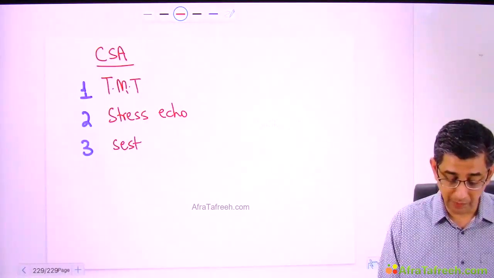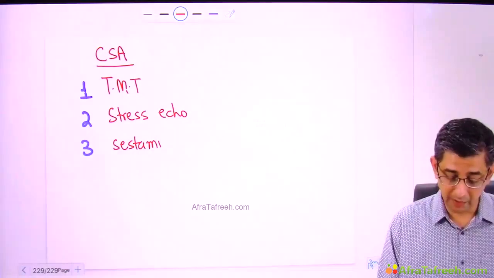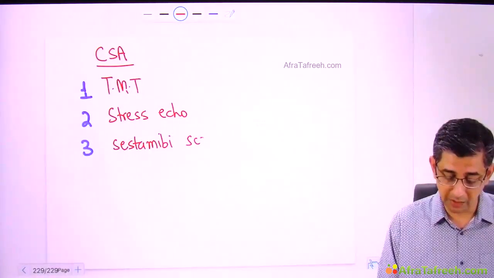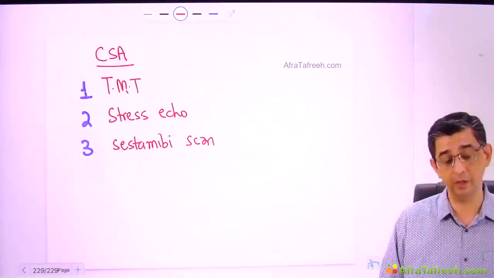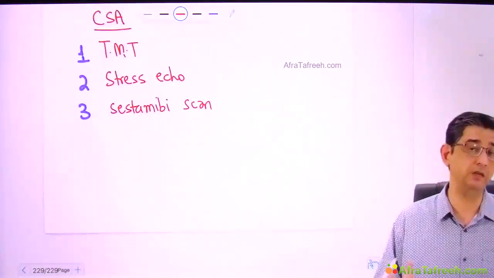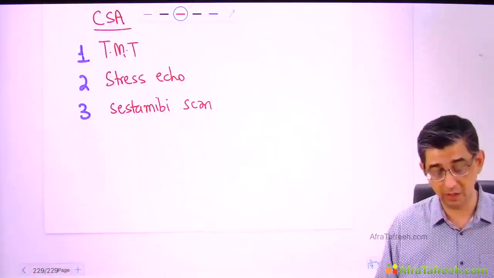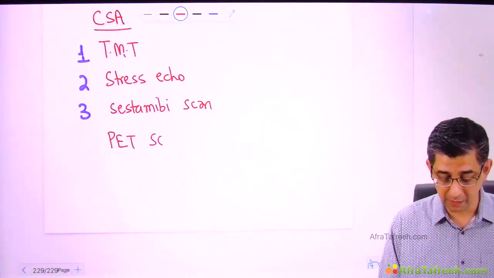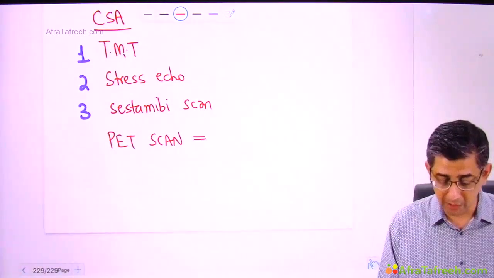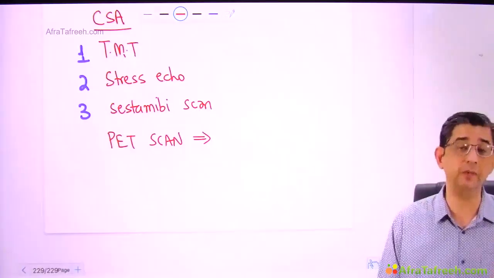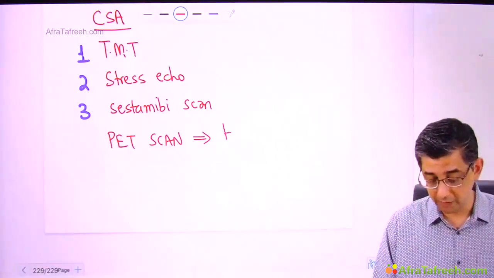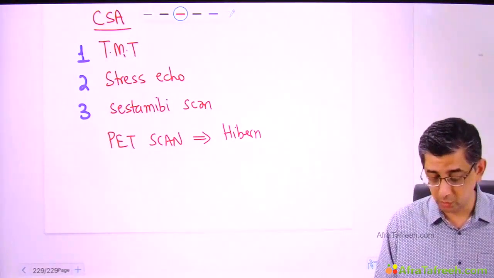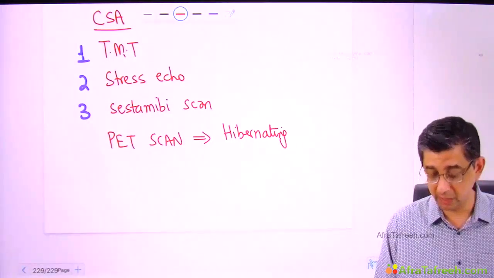Suppose he makes you compare between treadmill test versus stress echo versus a system AB scan, then as I've highlighted or explained to you, the diagnostic sensitivity will increase with the more usage of technology. But over and above this, I have also taught you another investigation, that is PET. Now normally we study about PET scan in surgery for distant metastasis, but I have taught you a very interesting fact. There are two reasons why contractility of the myocardium will be lesser.